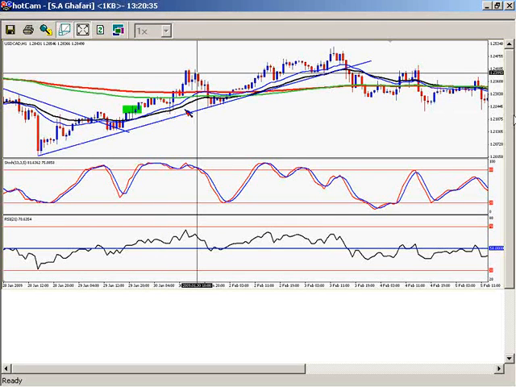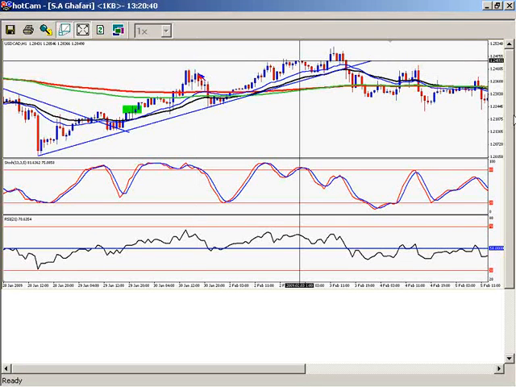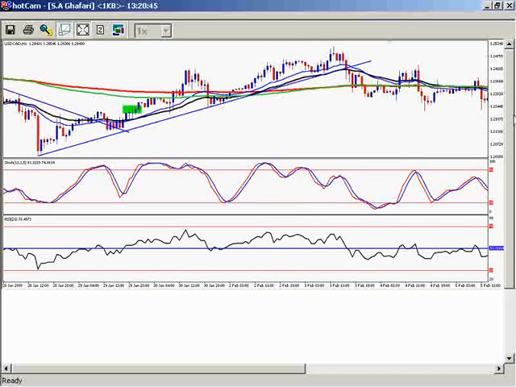So you don't have to risk your money placing trades and orders against the major trend, which is up here. I hope you understand what I mean, and I think you know that we don't have to